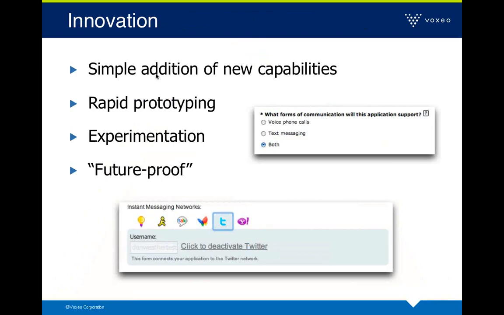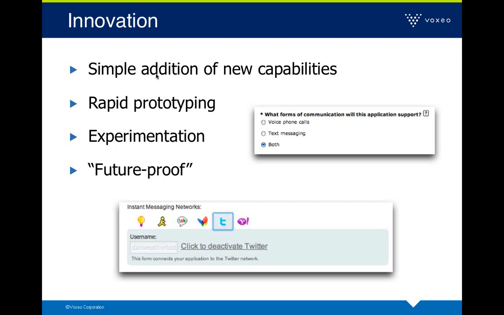One of the key parts, the reason I like the cloud, and I'm a big proponent of it, is the ability to future-proof. I hate that word on a certain level, but it is a good word as far as it keeps your app able to evolve with changing consumer preferences. Two examples I show up here on the slide. One was when we added text capabilities to our hosted voice platform. Everybody's application that was running up in our cloud was suddenly able to start sending text messages. That was it. We just deployed the capability up there in the cloud, and people could literally just go in and click on a little button there that you see. It says voice, phone calls, text messaging, or both.